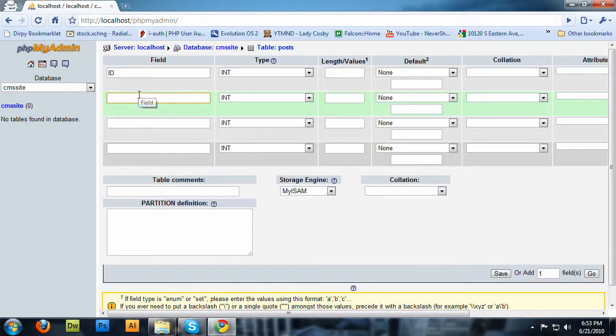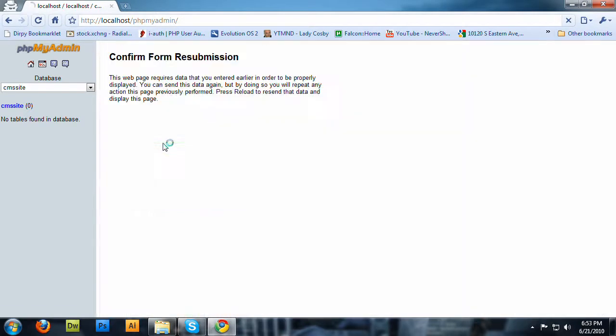We're going to make one called title, and it'll be a varchar. Let's do 100. No, 150, because we might have code in it. And we'll make one called author. That will also be a varchar, and it will be 100. And then we will have content, and we'll make that